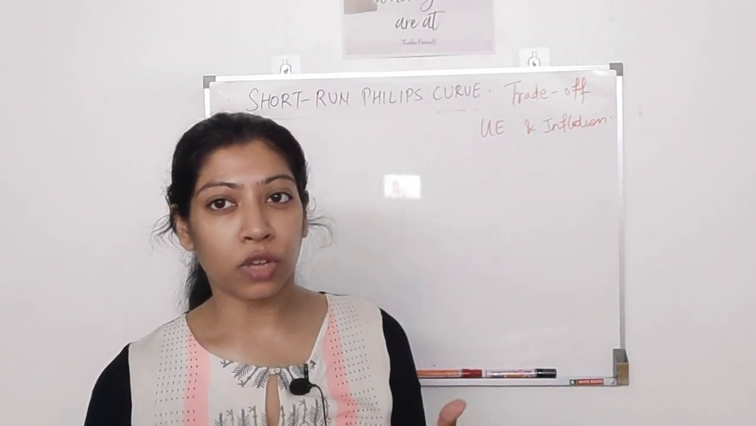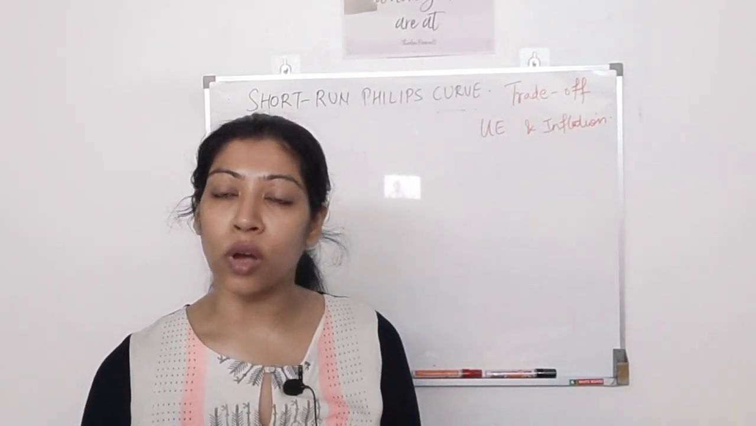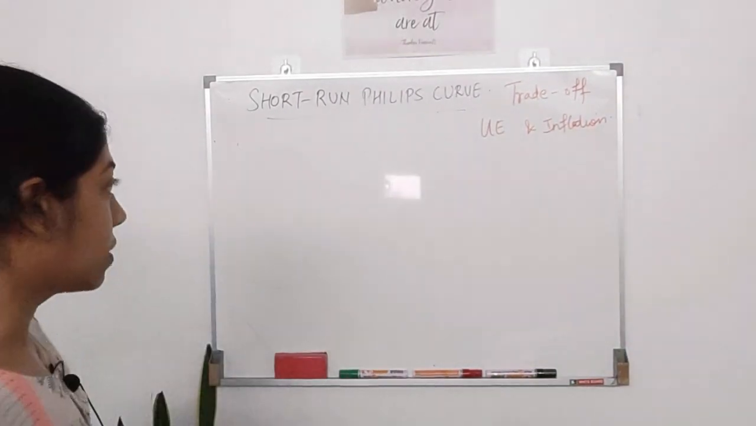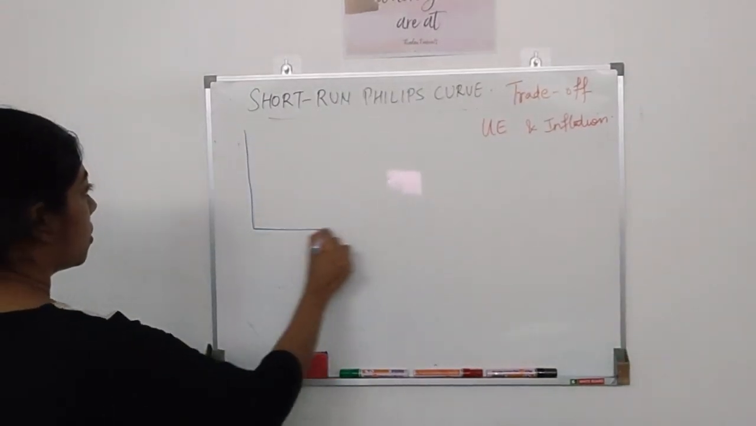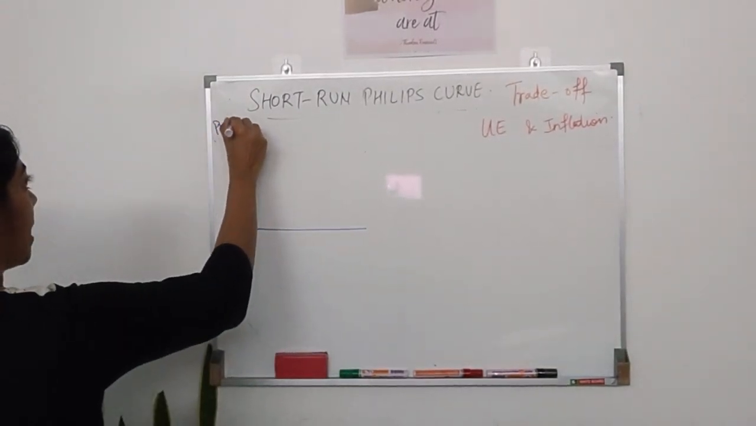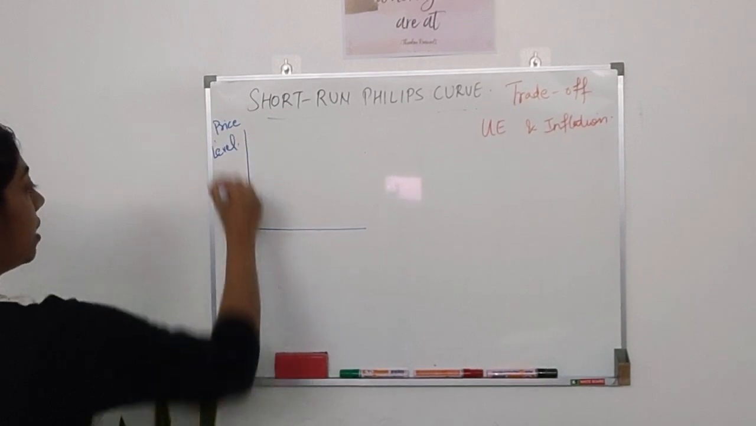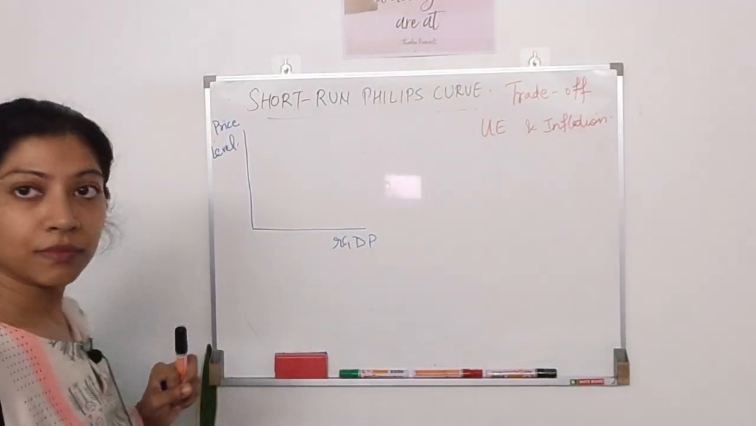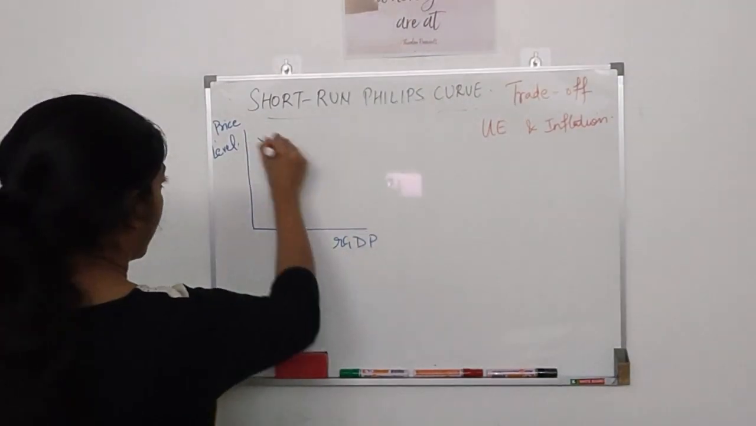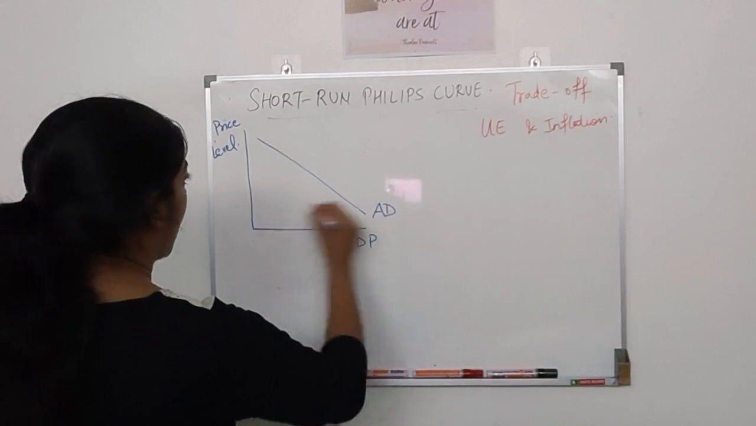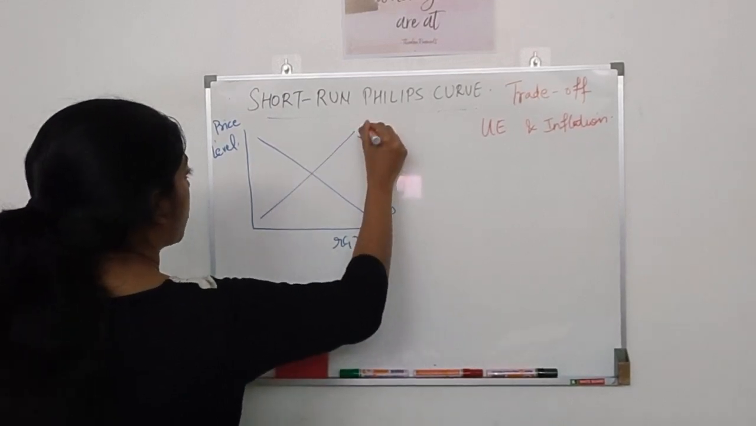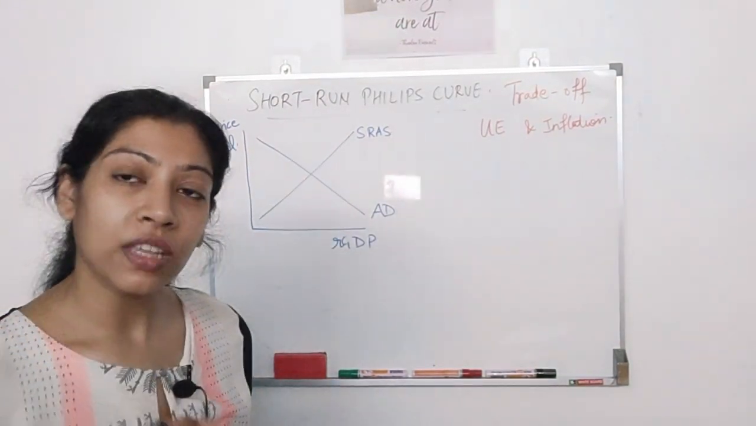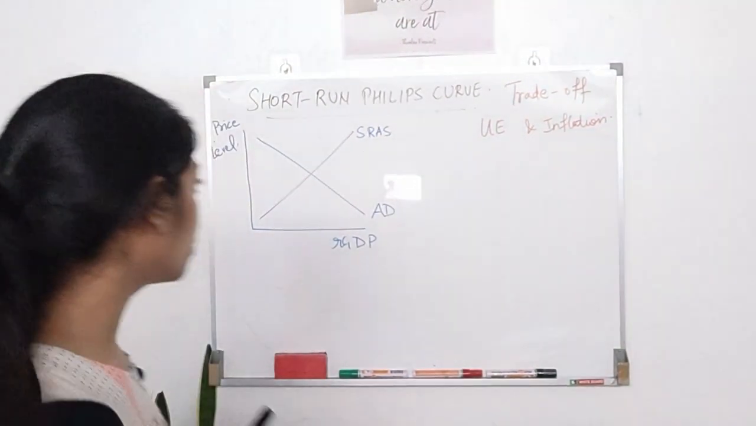Now, what do we mean by trade-off between them? We can see that easily through a regular AD-AS diagram, the aggregate demand, aggregate supply diagram. So let's see that. On the y-axis, as usual, we take the price level, and on the x-axis, we take the real GDP. I'm going to draw a downward sloping aggregate demand curve and an upward sloping short-run aggregate supply curve. Now we know that if the aggregate demand increases,